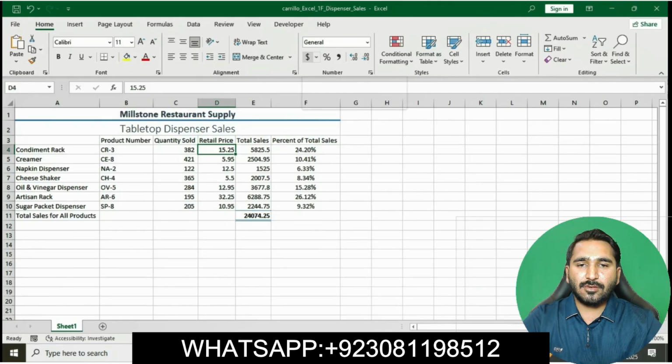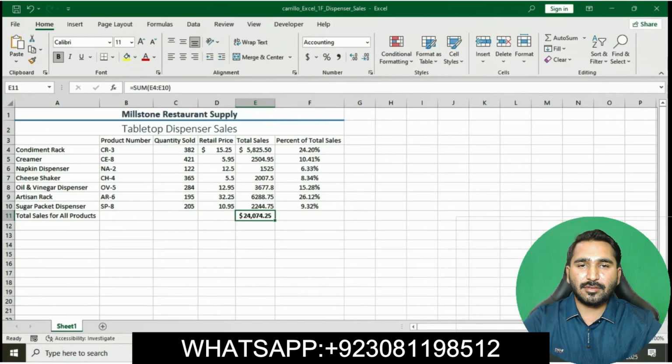Cell D4, click on accounting number format in the number group. Cell E4, click on accounting number format in the number group. Sorry, cell E11, apply accounting number format. This question is done now.